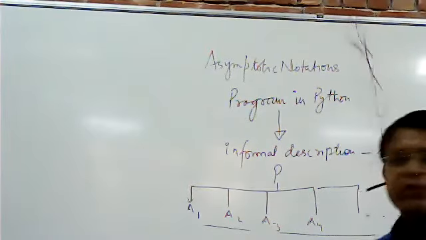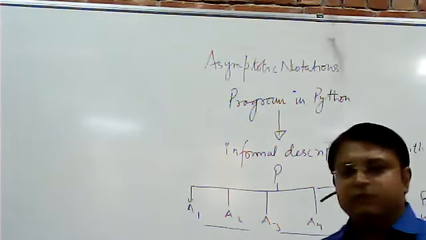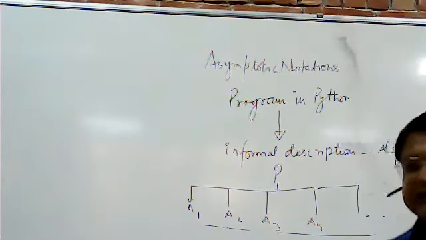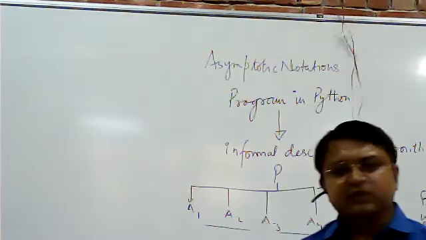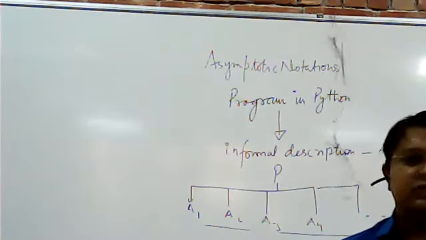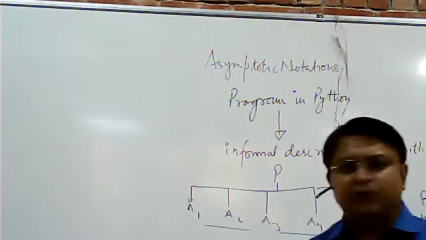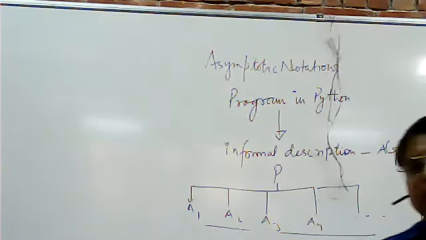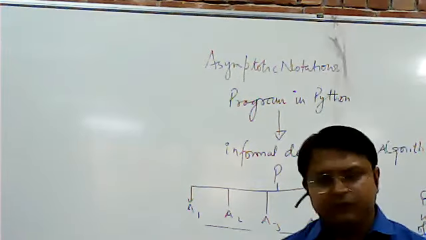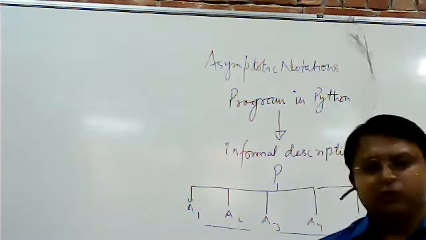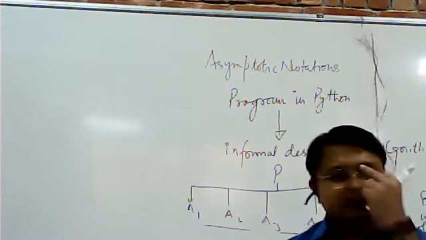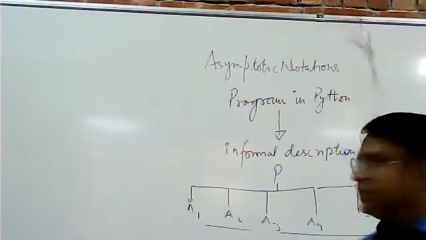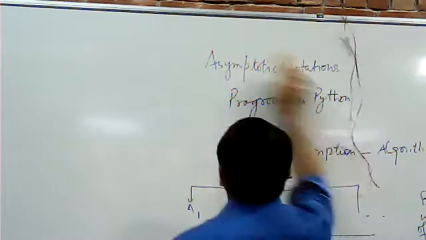We use asymptotic notations. So first of all, we have to understand what an asymptotic notation is. Asymptotic notations are special notations that are used to describe the asymptotic running time of an algorithm, that is, the running time in terms of input size. I have already discussed there are 5 different notations: big O, big omega, theta notation, small o notation, and small omega notation. We'll discuss each of these one by one.